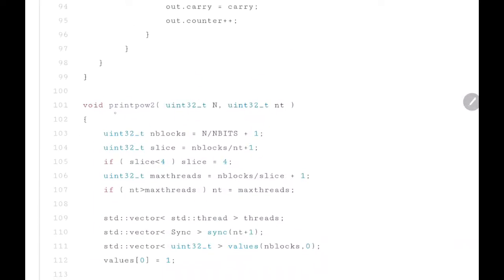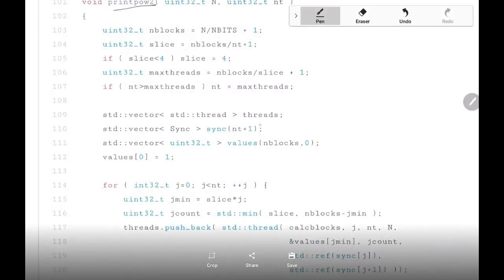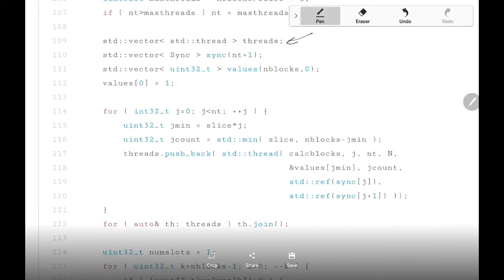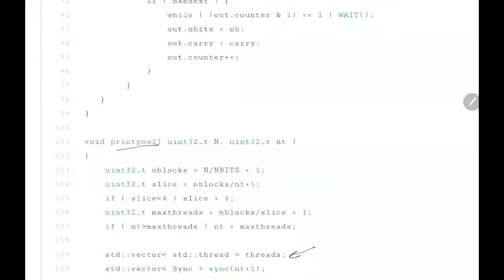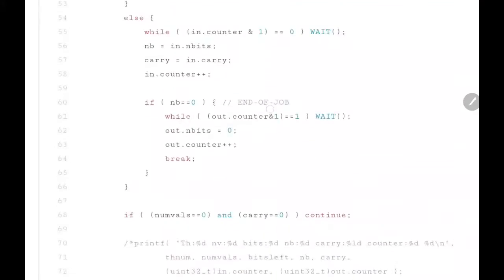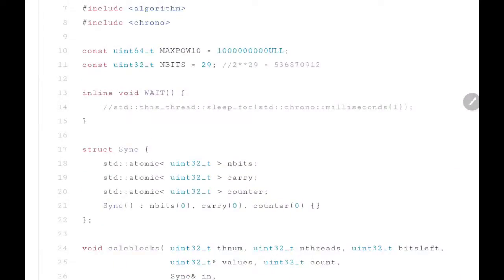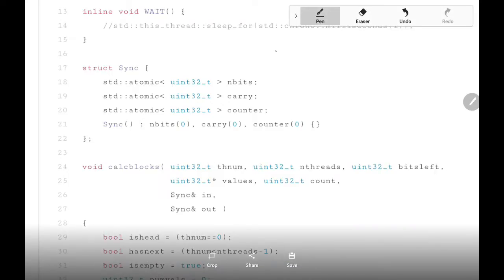Again, the same entry point, and we create a vector of threads as before, and we join them in the end, and here we create each of the threads. Now in this approach we are not doing pipeline anymore. There is no calc, there is this structure called sync, and what we do is,